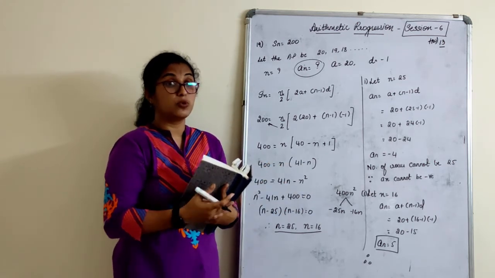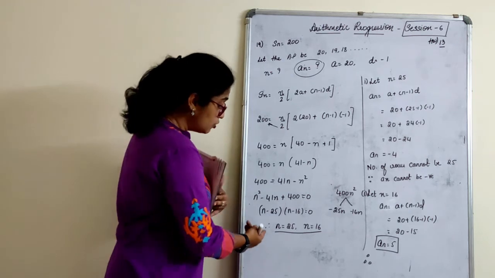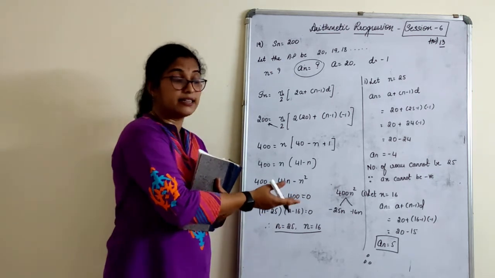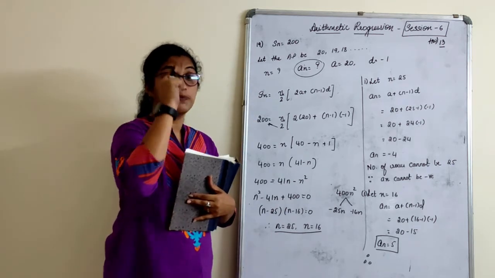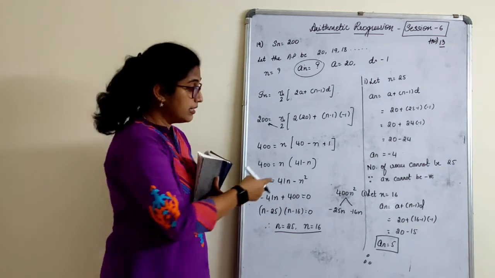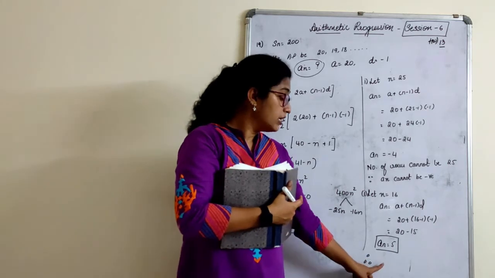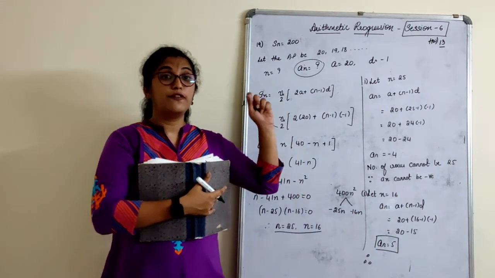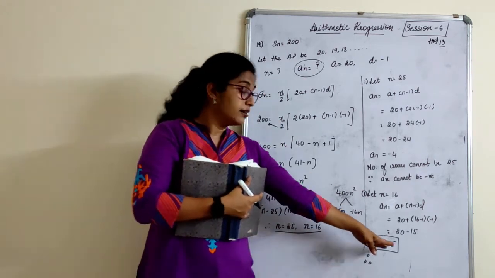Understood the question now, exactly what they had asked. So for the first time we got both positive, so you can't give a conclusion that both the answers are right. Check what it will give you for an. The topmost row, how many logs are there? Give the conclusion. Therefore, number of rows are 16 and number of logs on the topmost row are 5.